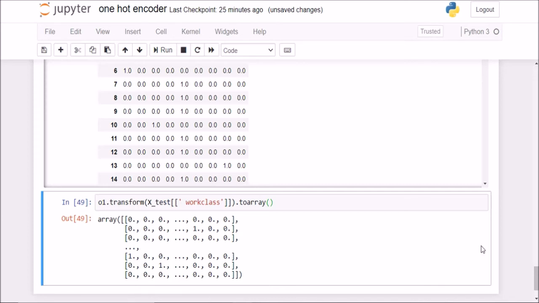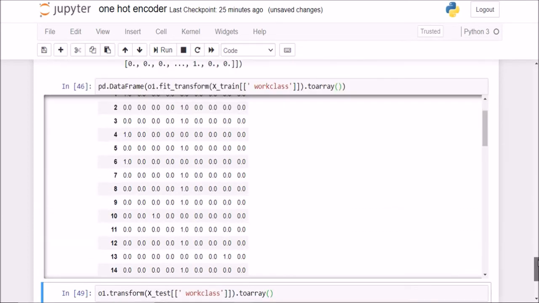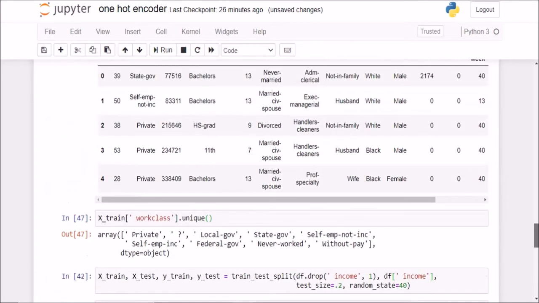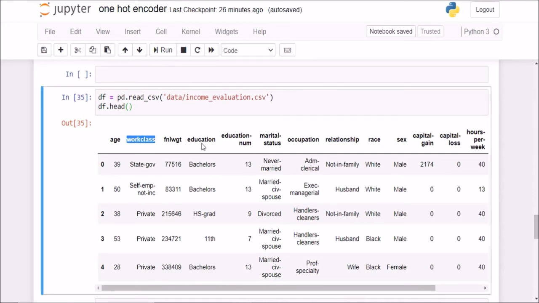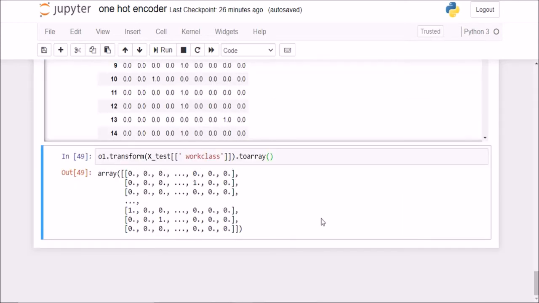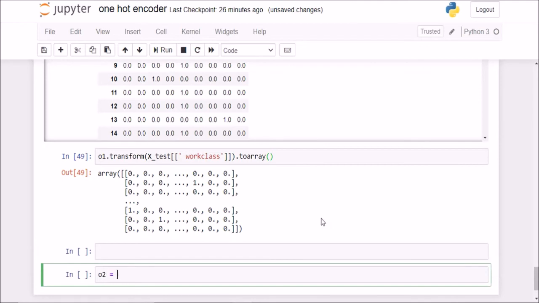Now we'll see how we can work with more than one column. It is pretty much the same. For example, if you want to work with workclass and occupation, what we'll do is create another object called o2, a OneHotEncoder. Here I'll say sparse equal to false.